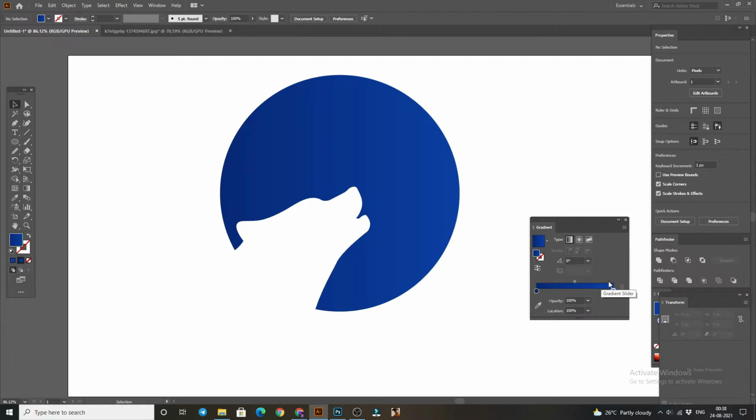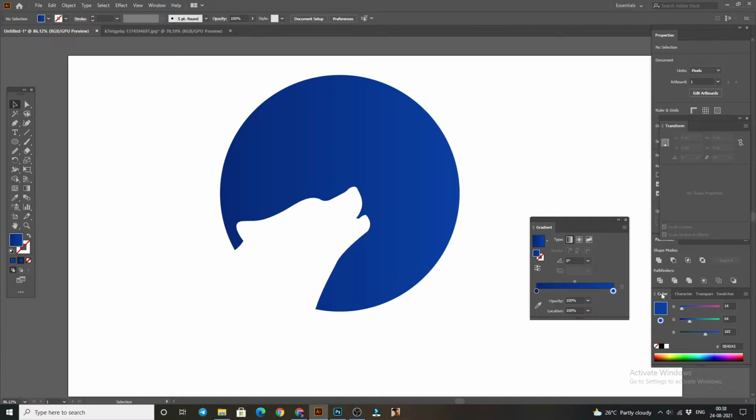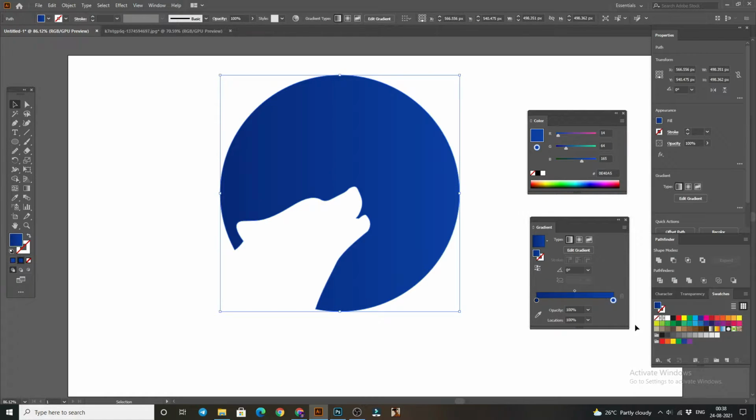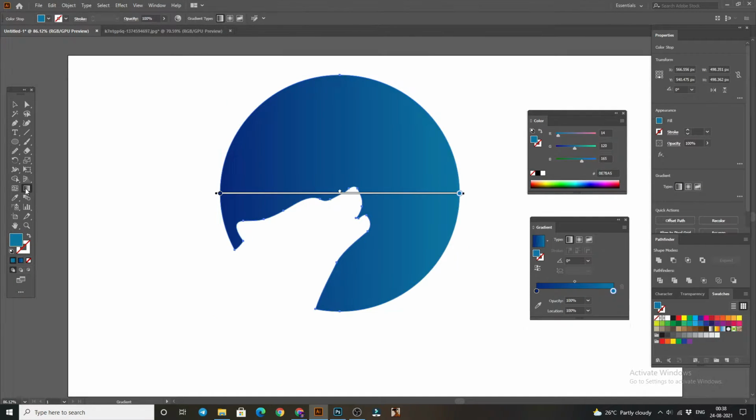We have to make it. Now open the color panel. So my color panel is here and drag downside because we have to make it a little bit lighter color. So make it light. I think it's enough and now select the gradient tool and adjust it.